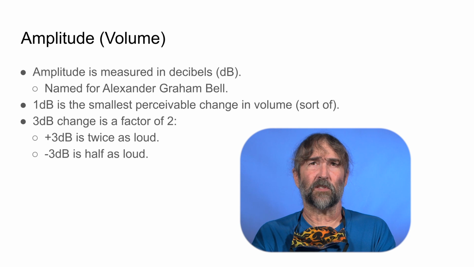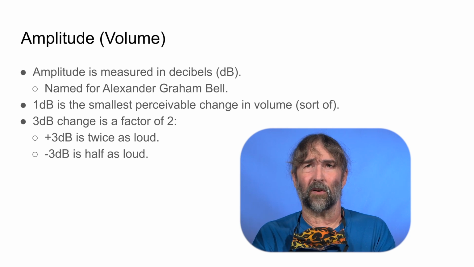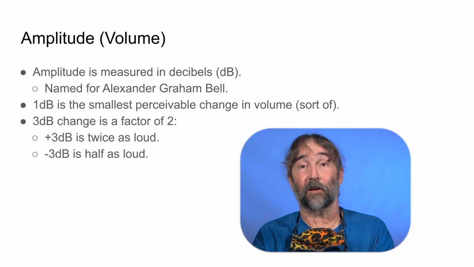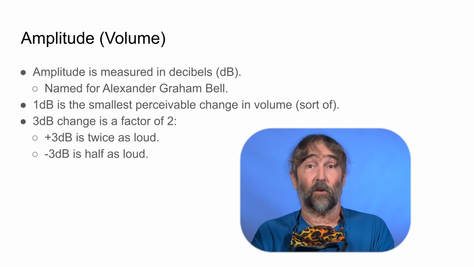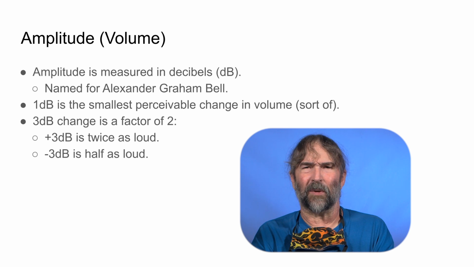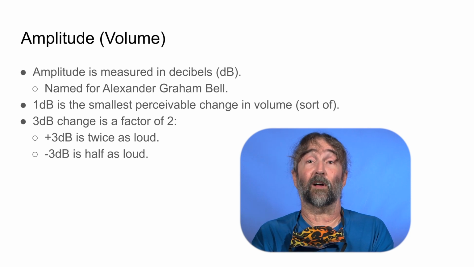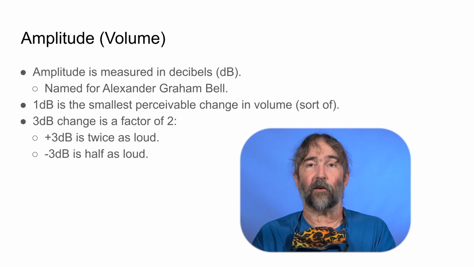Decibels and hearing perceived loudness are weird. It doesn't work the way you think it would. If you double or half the amount of sound energy that's reaching you, you're changing things by 3 decibels. We're obsessed with doubling and halving, all right? Every time we're talking about exposure, when you change a stop, you're either doubling or halving the amount of light that's coming in. We're also obsessed with doubling and halving when it comes to sound, but it doesn't work quite the same way. So again, if I'm in a room and I have 2 televisions playing with equal volume, and I turn one television off, the room overall gets 3 decibels quieter.